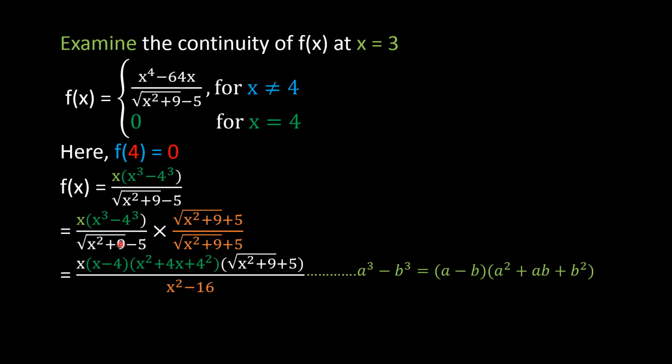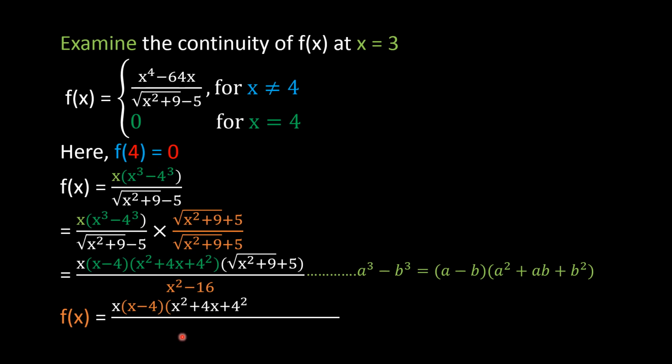So a squared will be x squared plus 9 and b squared will be 5 squared, that is 25. So 9 minus 25 will be minus 16. So this product will work out to be x squared minus 16,